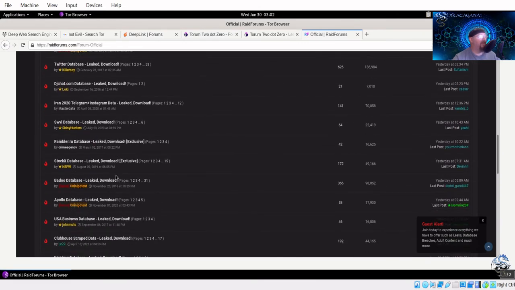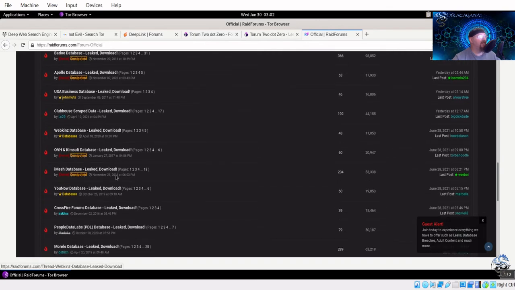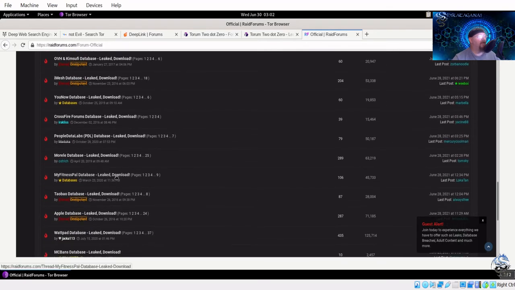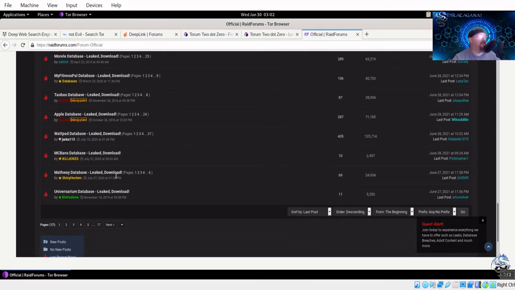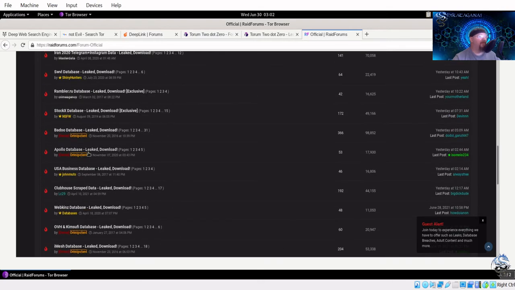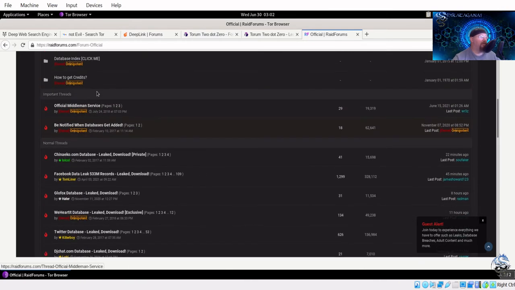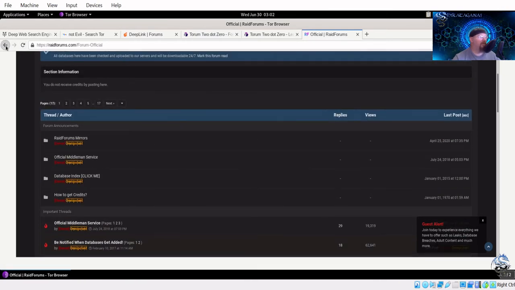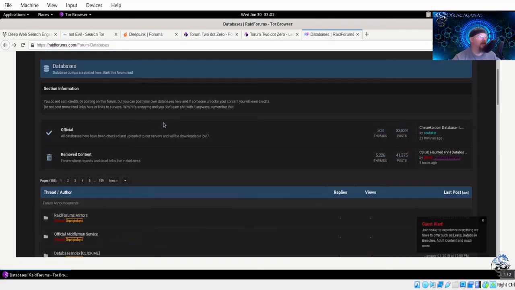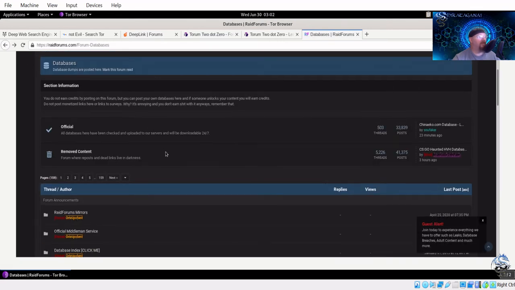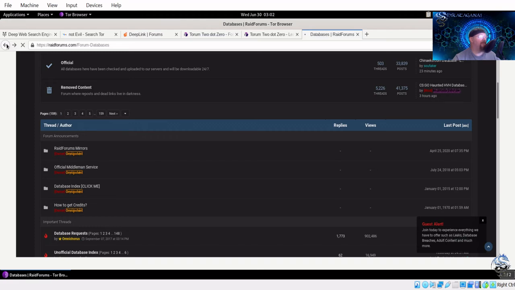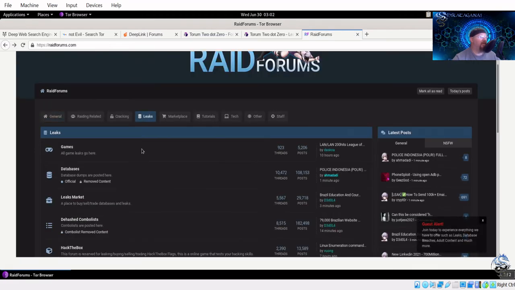As you go down through these, I think I've seen Troy Hunt in here on a couple of these, somewhere in here anyways. You can download these from this particular forum as well. It's a pretty popular one. And if you go back here again, let's go back two. If you look here, this is the one I was talking about.